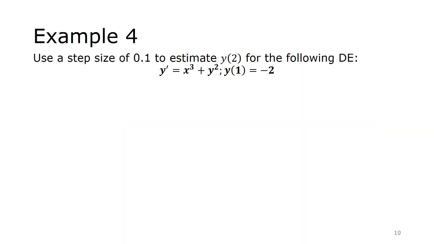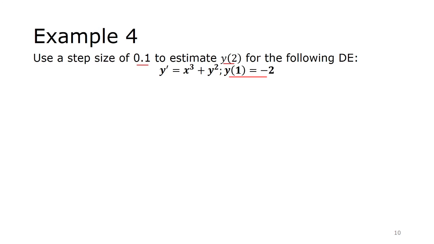One more example that we'll take a look at. This was a differential equation that looks slightly more complicated. Y prime equals x cubed plus x squared. And we're starting with an initial condition, y of 1 equals -2. So we've got the point 1, -2 to start with. And our goal is to estimate y of 2 using a step size of 0.1. Notice we're trying to cover an x distance of 1 using a step size of 1/10, which means we're going